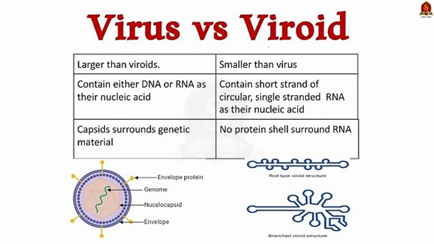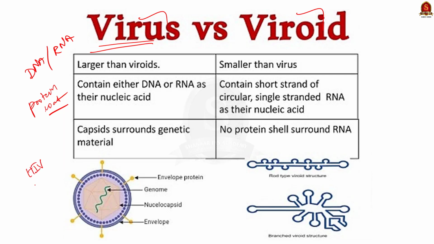Firstly, let us understand about the tiny infectious agent virus and viroids. Viruses are infectious agents composed of genetic material, either DNA or RNA, surrounded by a protein coat. They can only replicate within host cells and rely on the host cell's machinery to reproduce, as they lack the cellular machinery for self-reproduction. Examples of virus include the influenza virus, human immunodeficiency virus HIV, herpes simplex virus.